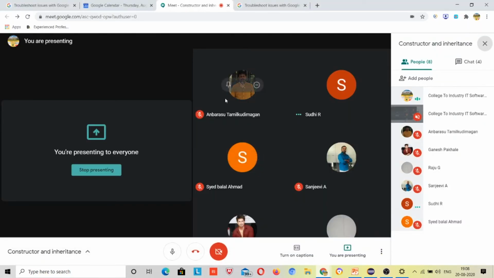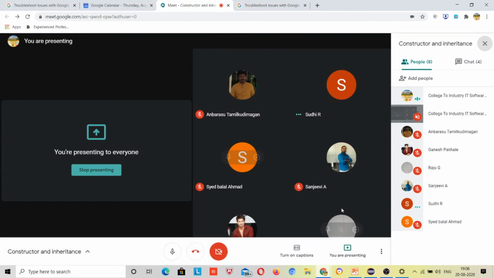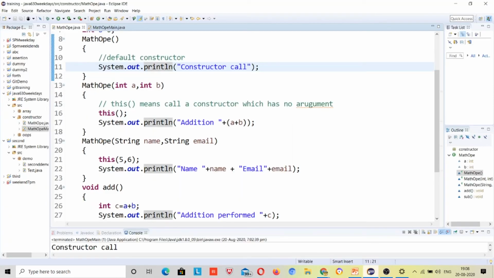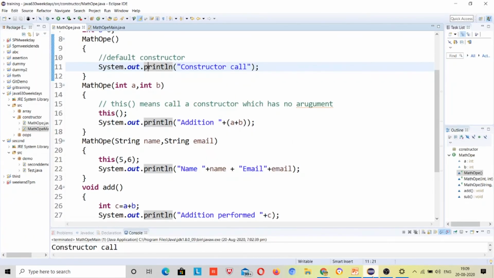If any doubt remains in this constructor concept, you will be facing problems. Belal, can you answer what the output will be? The output would be the 5 plus 6 addition and name and email ID. You also please reply your answer inside the chat box. You can first debug the code and then answer.